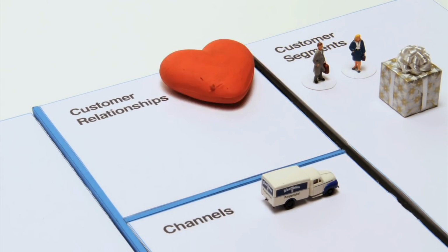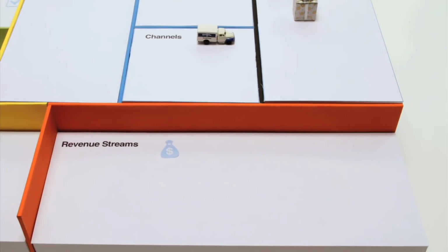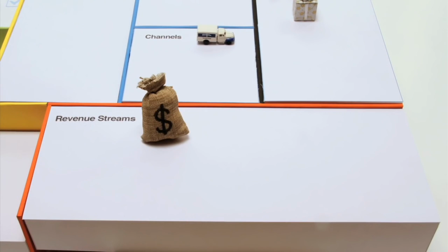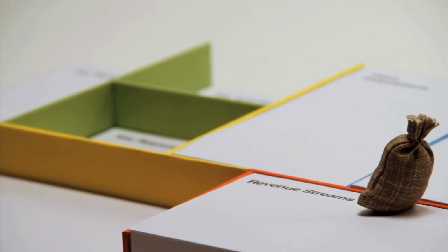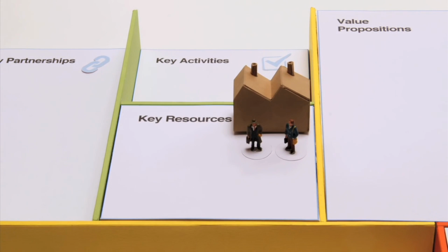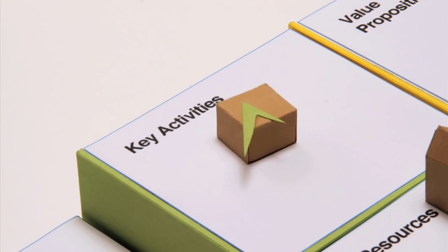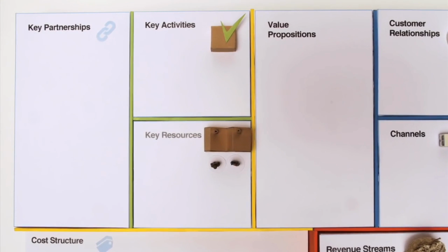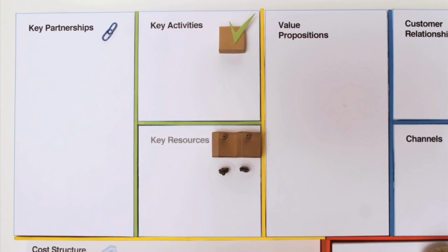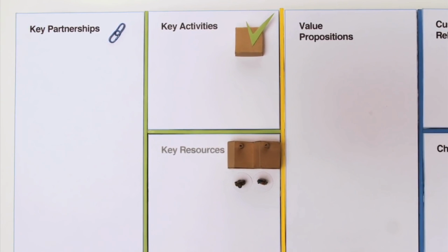Customer relationships outline the type of relationship you're establishing with your customers. The revenue streams make clear how and through which pricing mechanisms your business model is capturing value. Then you need to describe the infrastructure to create, deliver, and capture value. The key resources show which assets are indispensable in your business model. Key activities show which things you really need to be able to perform well. The key partners show who can help you leverage your business model, since you won't own all key resources yourself, nor will you perform all key activities.